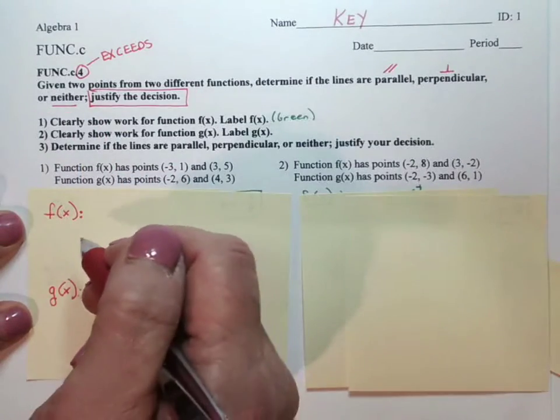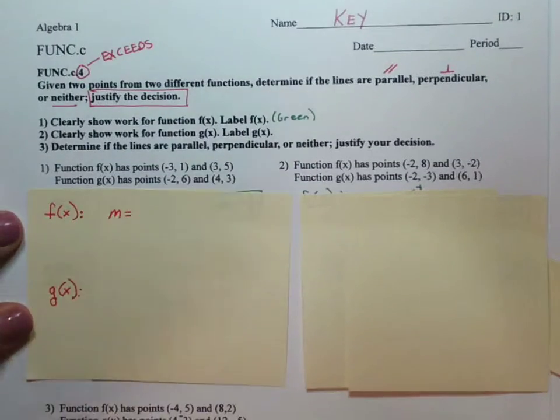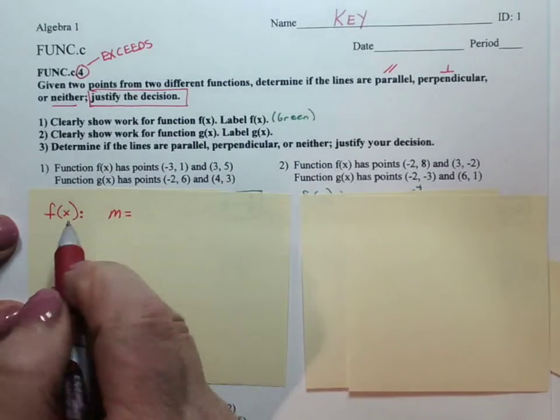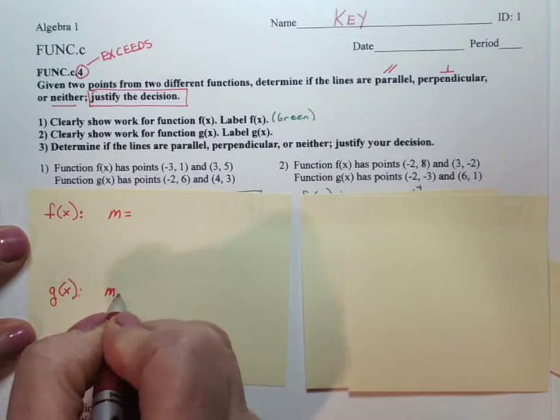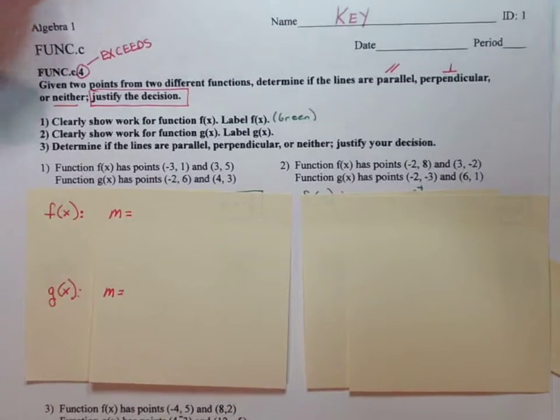So we simply want to find the slope for the first function and the slope for the second function. And once we find those,